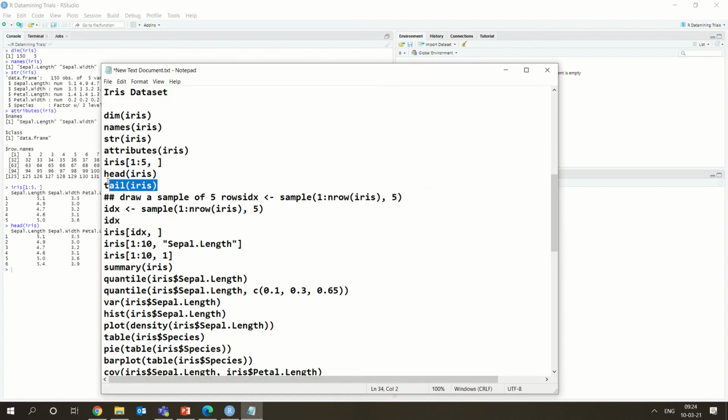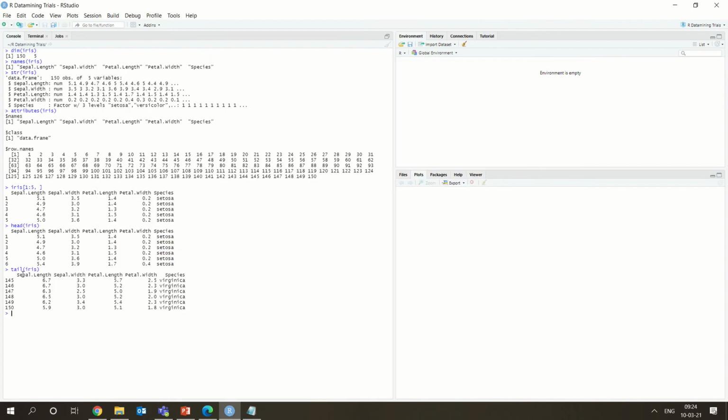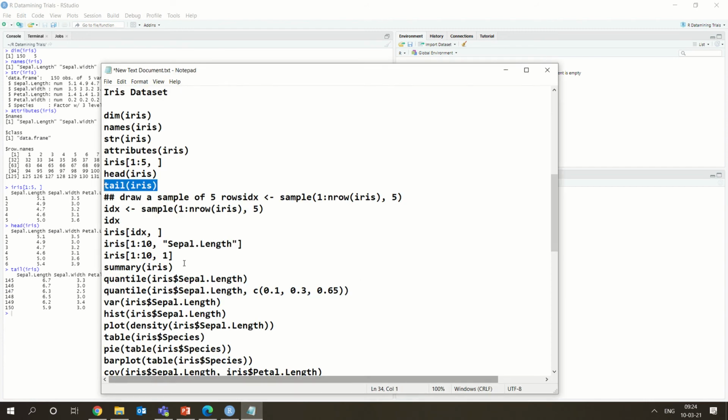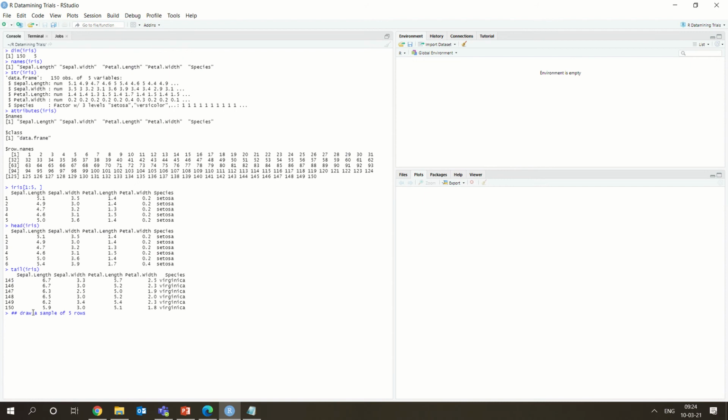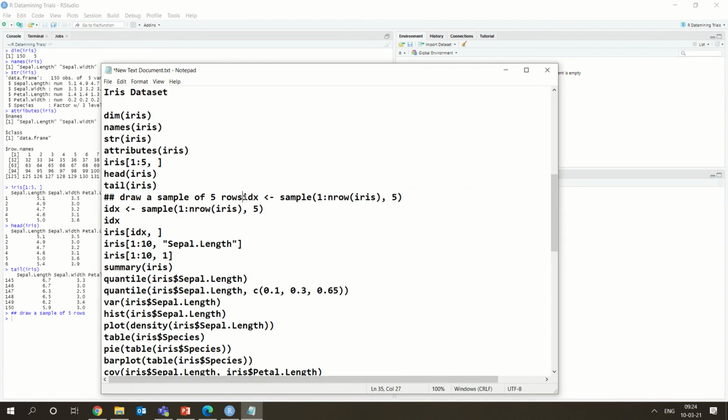In the same way, if you want to select the last data from the data set, you could also give this one. So this selects the last 6 data from the data set. Hope you are able to follow. Okay. And now the next one is where we are drawing a sample of just 5 rows. If you want to randomly get 5 data,